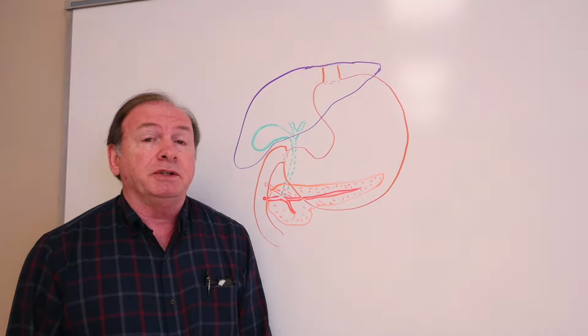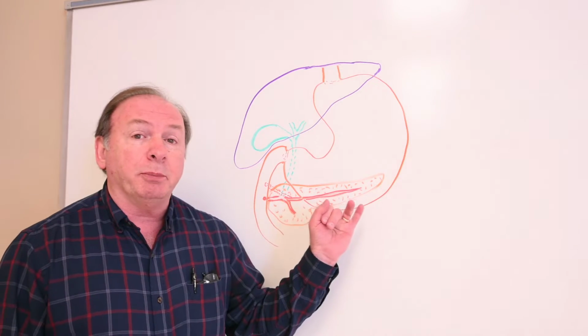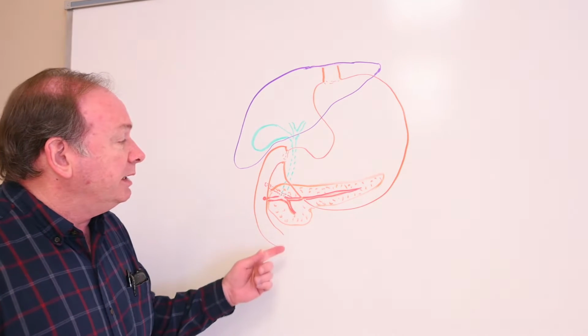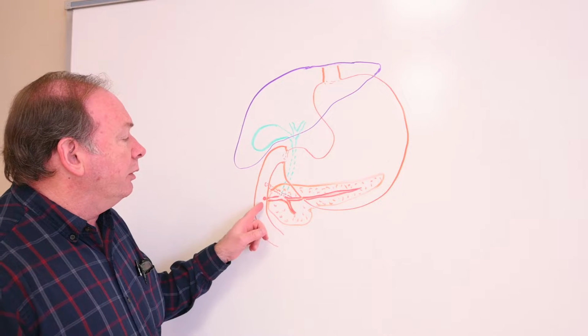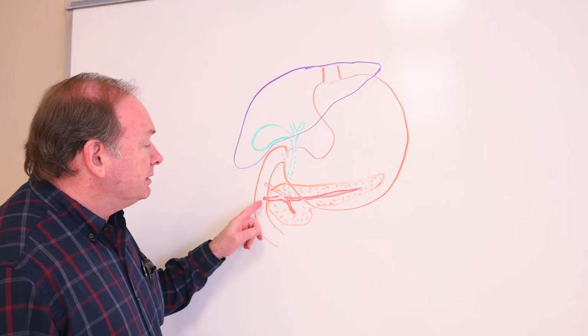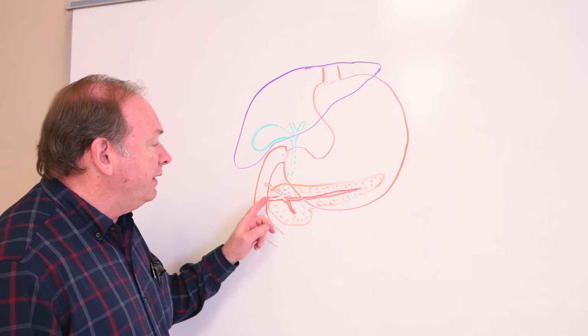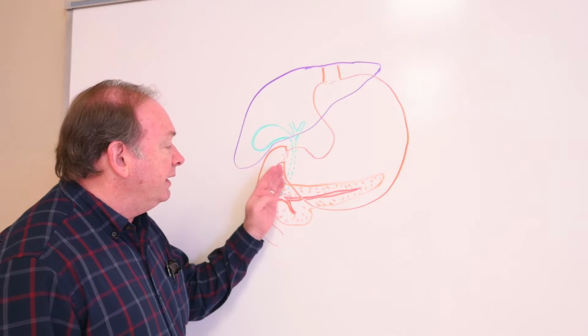Okay, it's time to finish up our work on liver, gallbladder, and pancreas. We're going to be talking about the pancreas in today's lecture. Remember that it was a part of this whole outgrowth from the intestine wall. It starts as an outgrowth from here, both the dorsal and ventral pancreas, and as development proceeds, the ventral pancreas